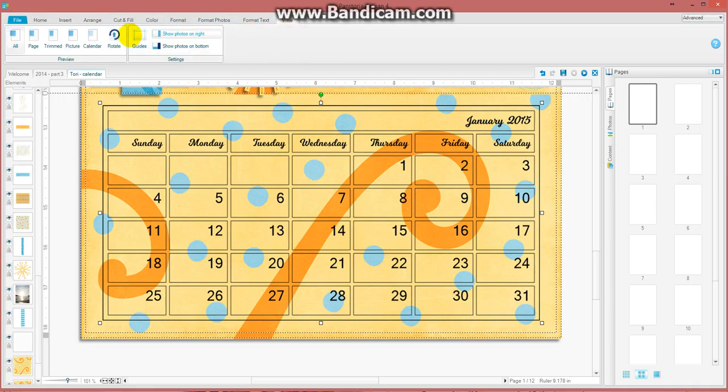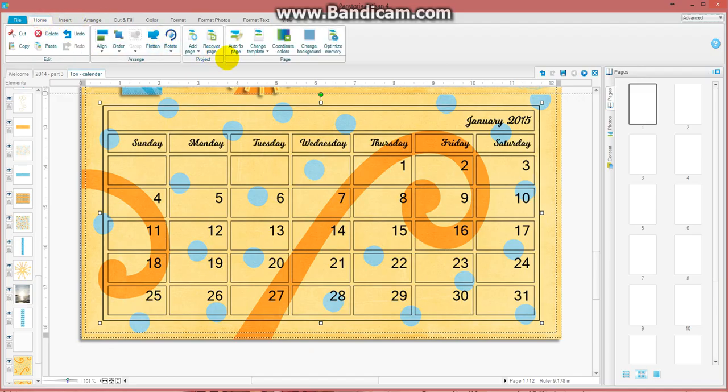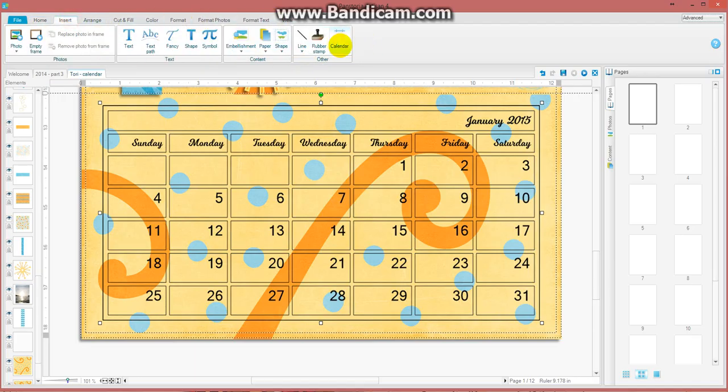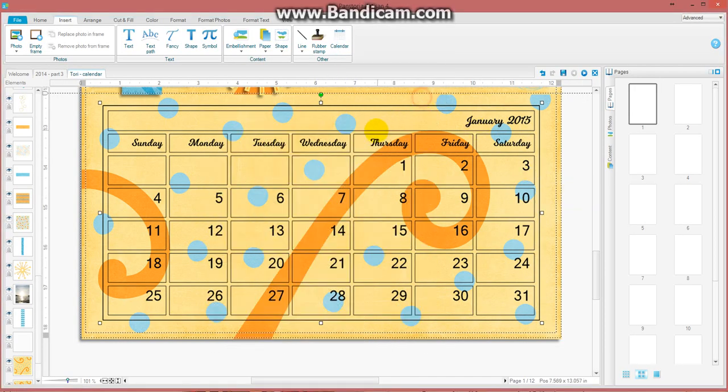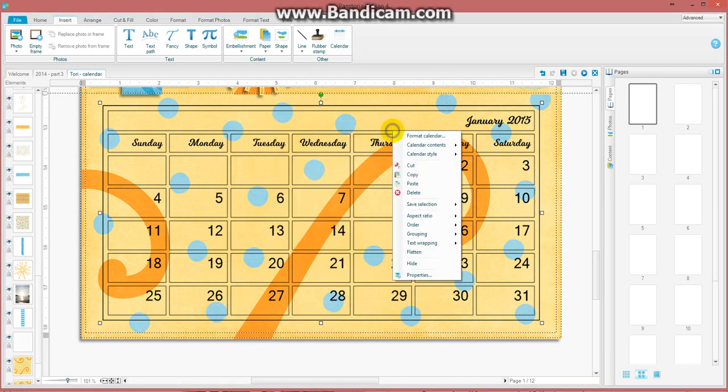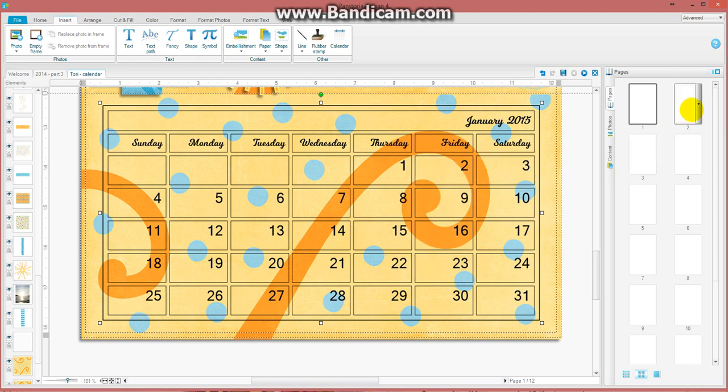Oh, sorry about that. I know exactly where I have to go. If I do calendar style, I keep thinking that this parameter is up here like the font one is, and it's not. So I can do a sample calendar style, and now when I go to another page,